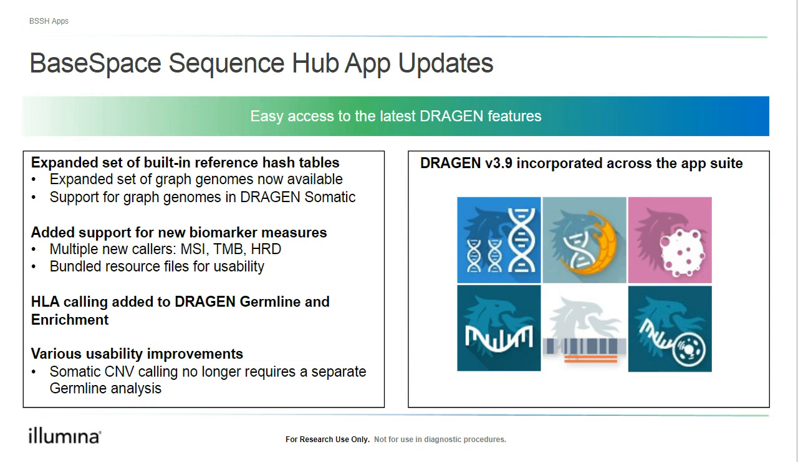We will be bringing in all the biomarkers that I talked about earlier. We will also enable the HLA calling, which was not done in 3.8, but we bring into 3.9. And the usability improvements for the somatic CNV calling that I mentioned, so that you can run everything end-to-end as a single workflow for whole genome tumor-normal